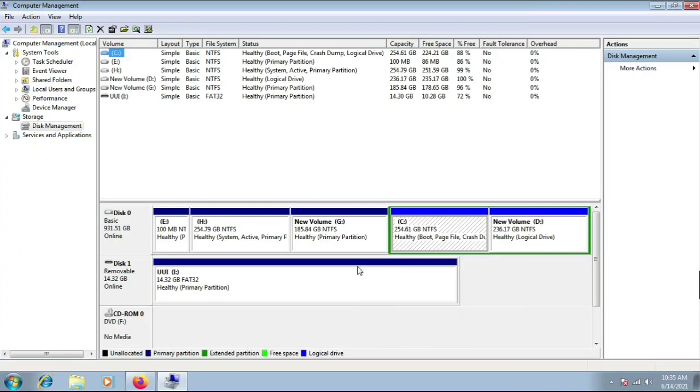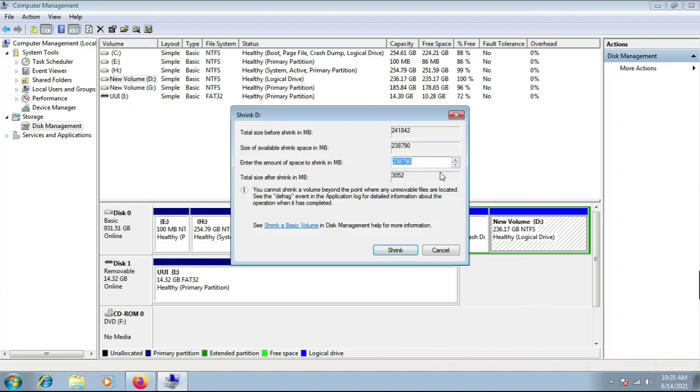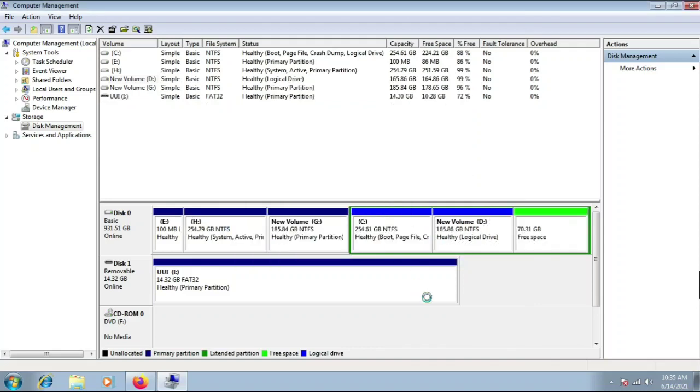The free space is created in a logical drive. We can find our logical drive by the color given above. Here my C is the Windows partition and H, G, D are my free space, my other partitions. So we create free space in D. I am shrinking a value of approximately 72,000 MB. So we create at least 50 to 100 GB free space for the Kali Linux partition.